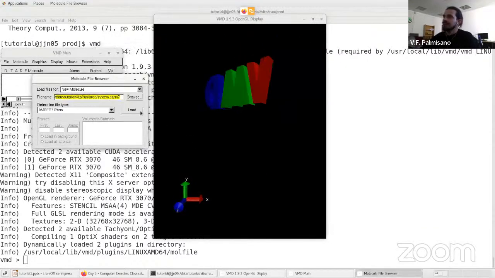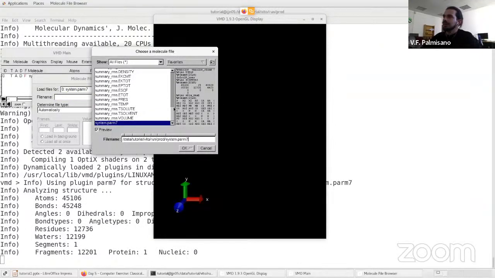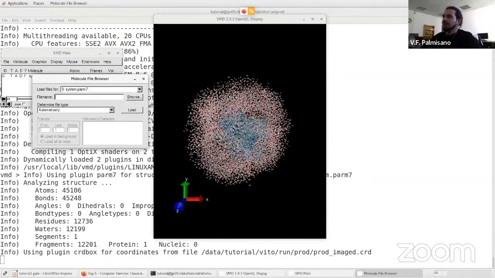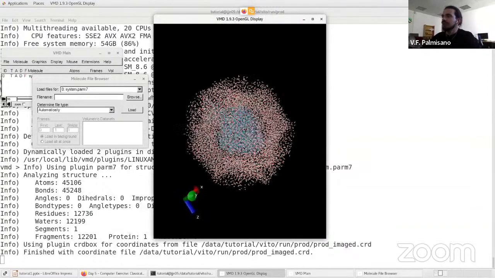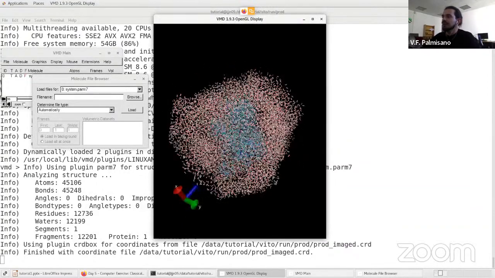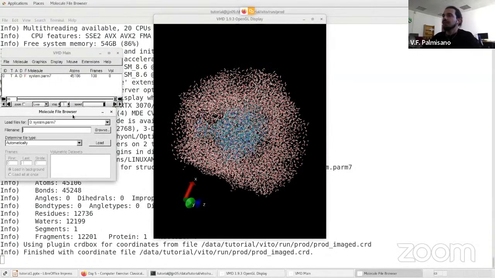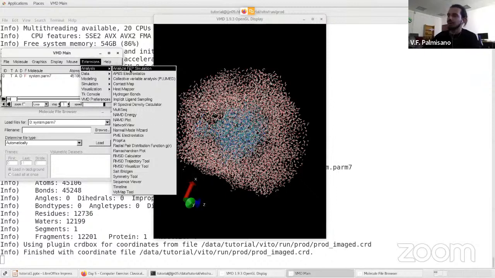System.parm7, prod image. Okay, now it actually worked. So we see that the system has the octahedral box, and unfortunately, since it's a small simulation, I cannot really show you many things. But one analysis that is usually done with protein systems, and also to see whether the ligand actually stayed in the position in this binding pocket, is the trajectory tool of